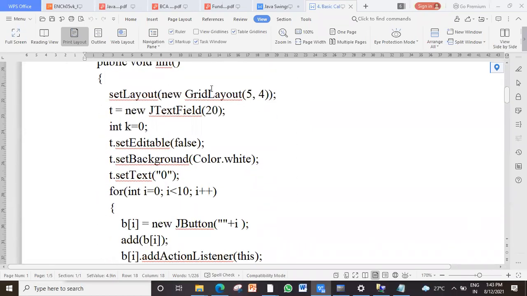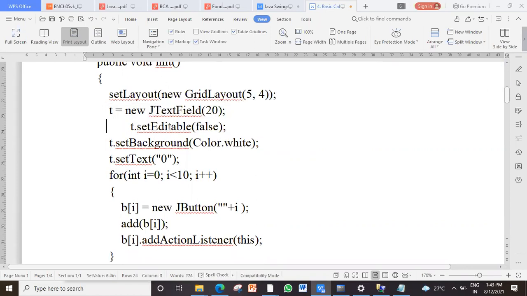Okay, in the init, first we are setting the layout to 5 rows and 4 columns. In the 5th row, only the text field is there. Clear? We have initialized the text field to size 20. This is unnecessary. Now this text field, we don't want it to be editable.